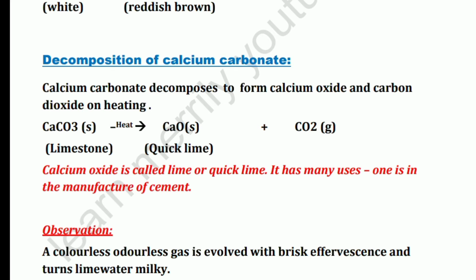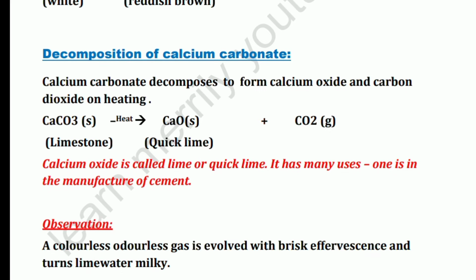Again, you need to know that calcium carbonate is known as limestone. This is also important, that calcium carbonate can be used interchangeably with limestone, because it's a form of calcium carbonate. Limestone, chalk powder, marble, all these are forms of calcium carbonate. So in the exams, they may use marble or limestone, so you should not get confused. They are calcium carbonate only. Okay, so you need to keep this in mind. And when you are heating calcium carbonate, you will get calcium oxide and carbon dioxide.